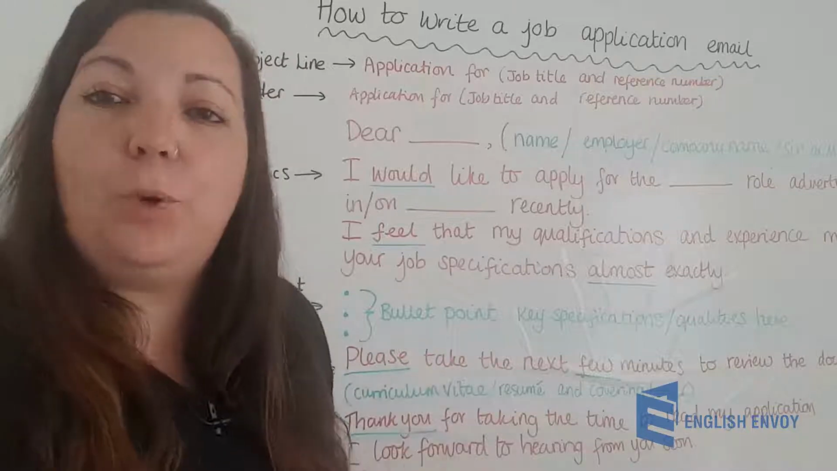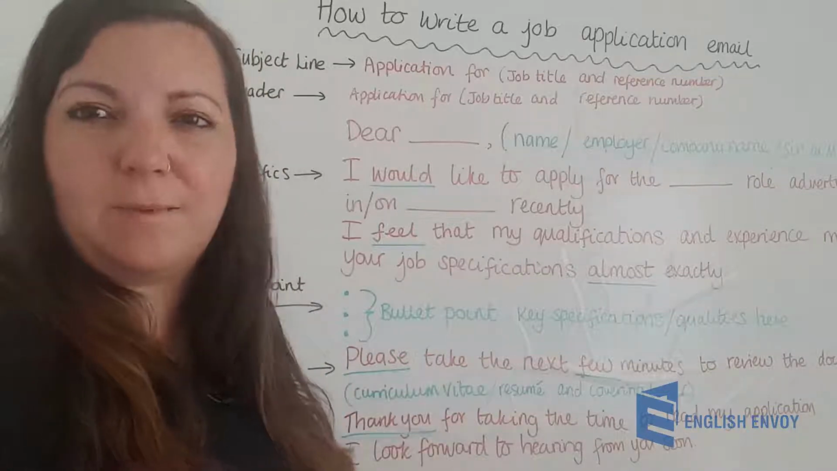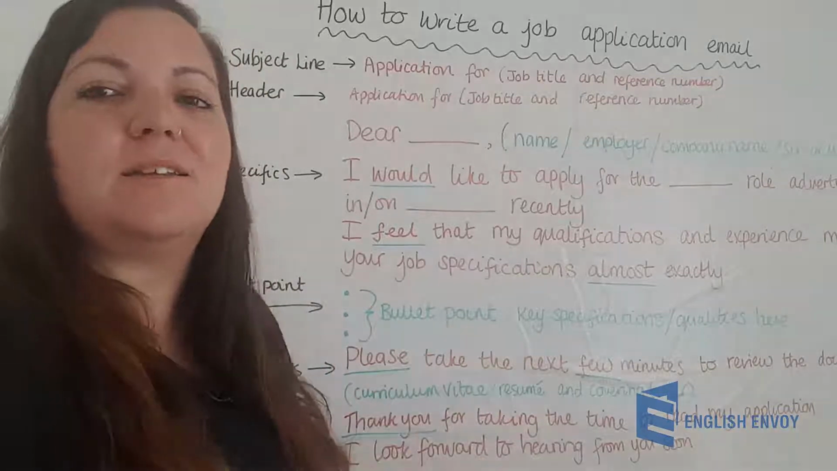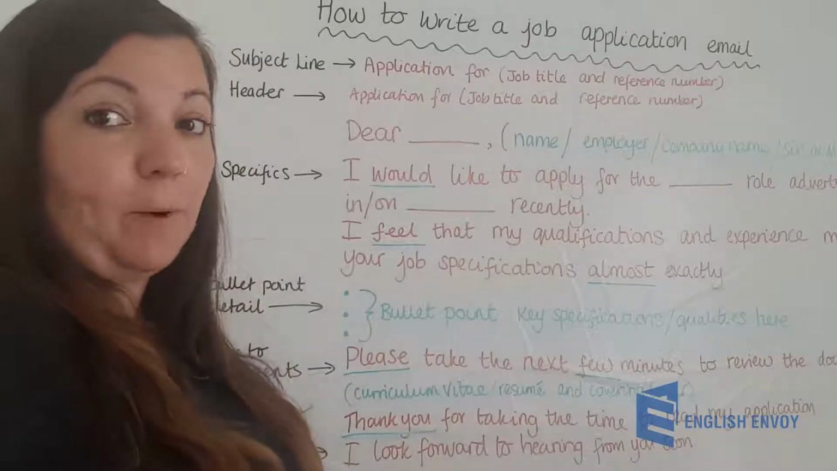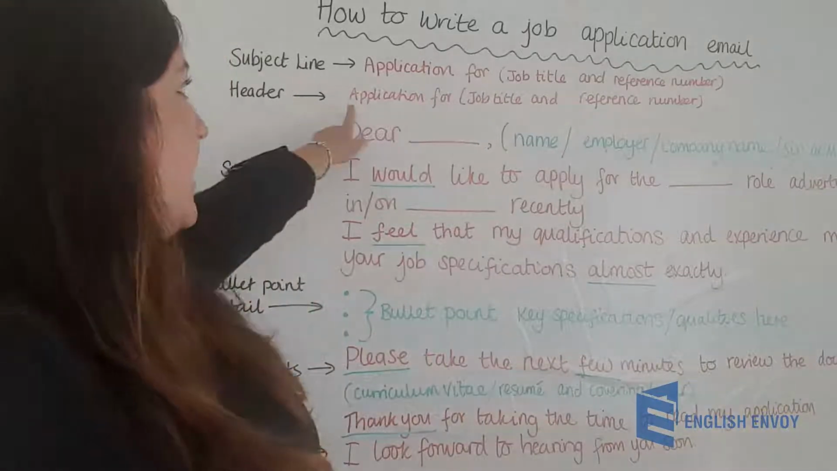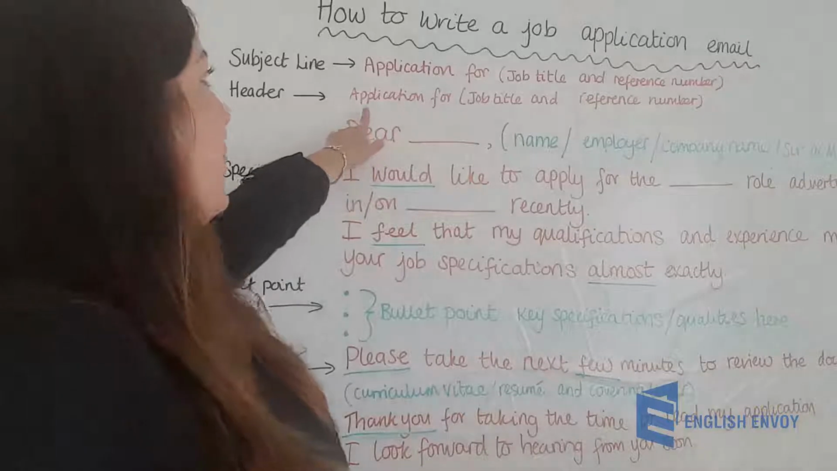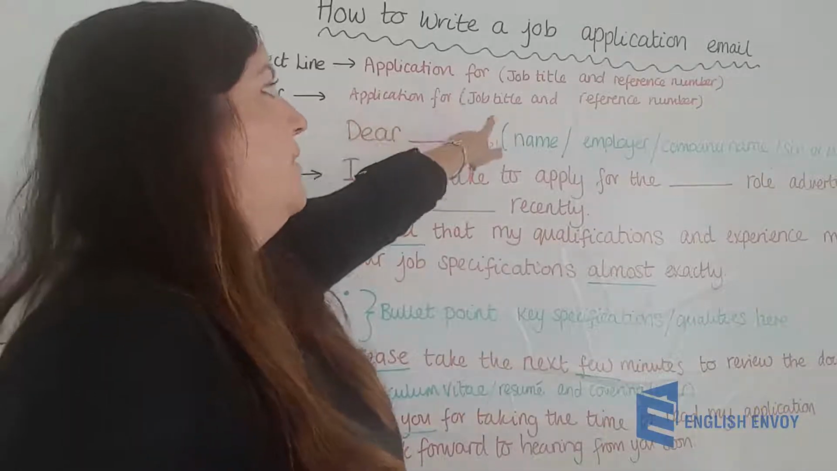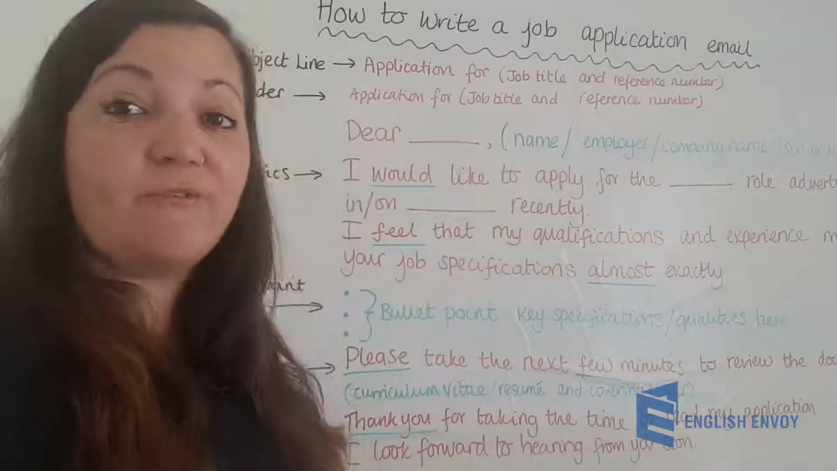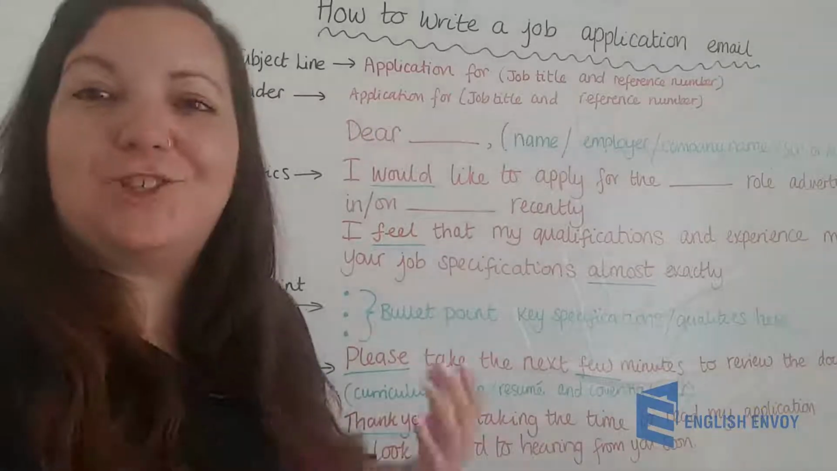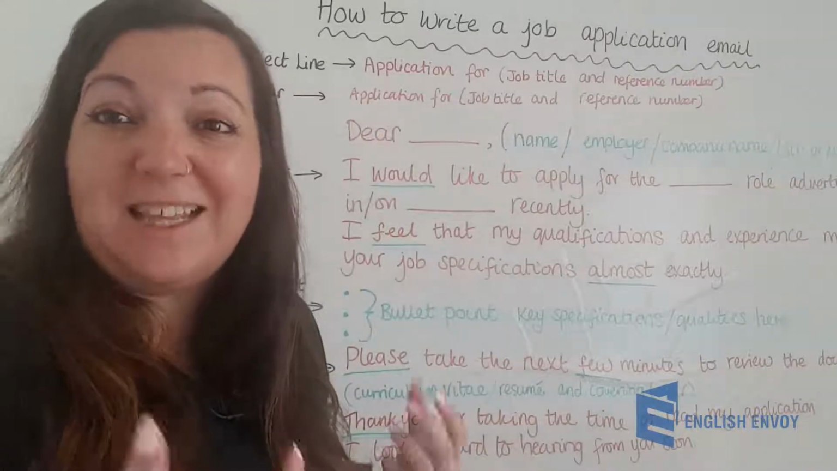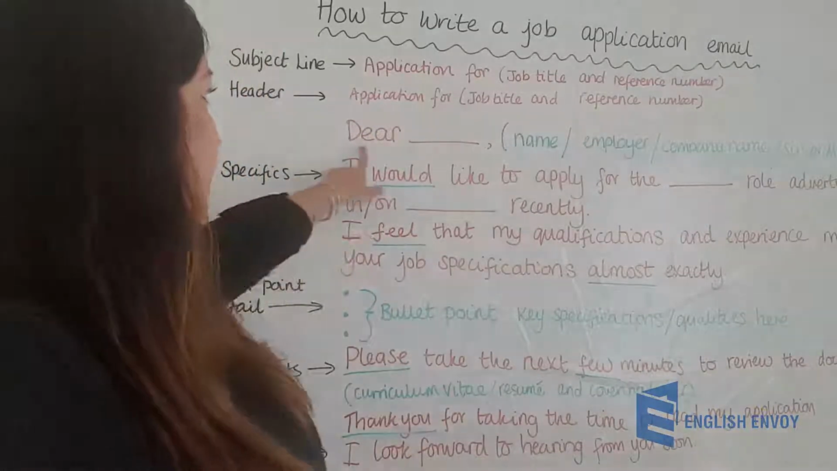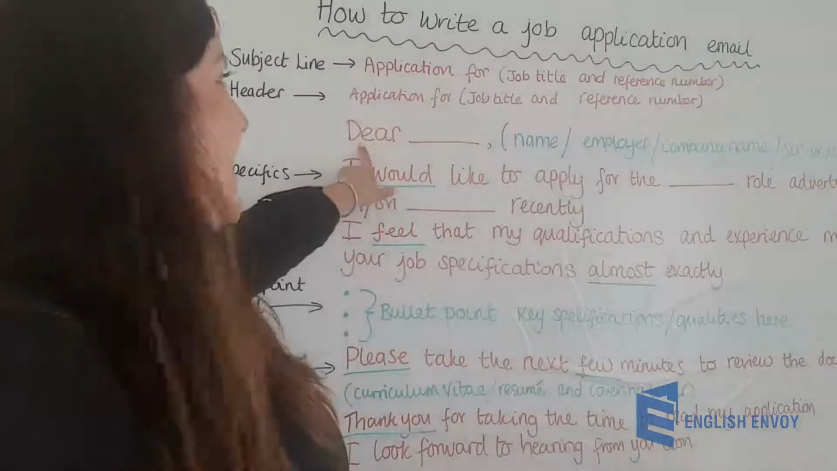That's what's going to go in the subject line. Now, when they've opened your email, you also want that to be the first thing they read, so they understand what the email is going to be about before they read it. So again, in the email at the top, we're going to write application for, and then the job title and the reference number. Now, just as we explained in the previous video, we're going to address our reader with dear,